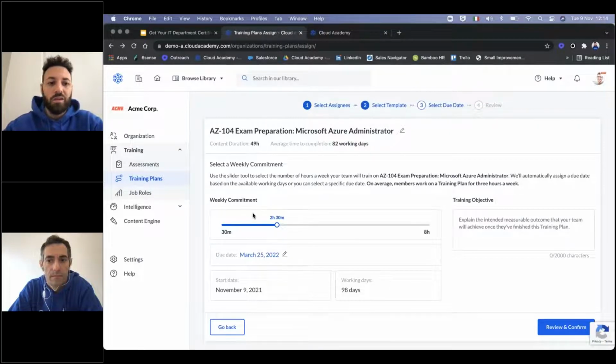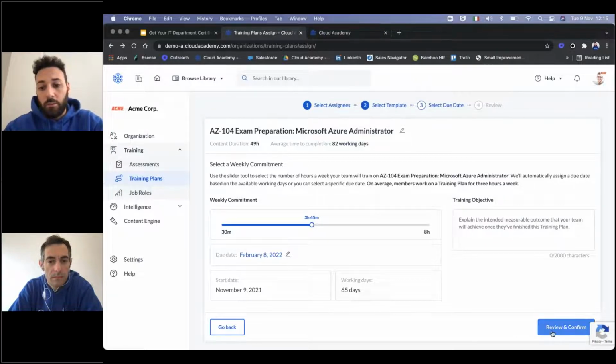We suggest a weekly commitment of 2 hours and a half, if the due date of March 25 is good for you and your teams. In case you need to test the people before this due date, you can increase the number, and you can see that the due date automatically changes.